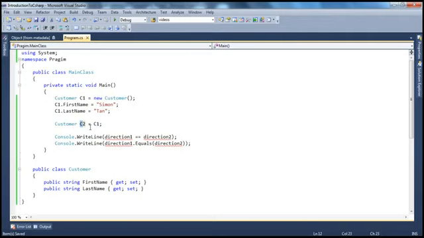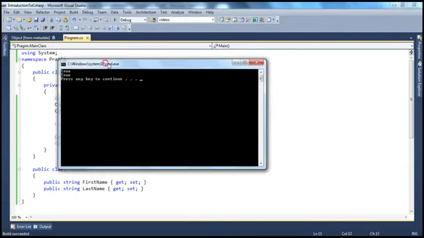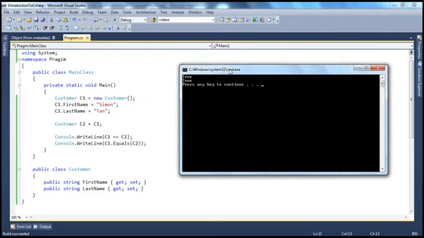Okay, so we have two different object reference variables, but the object itself is one. Now let's see how these are going to work. So when I say C1 is equal to C2, and similarly C1 equals C2. Now if you look at this technically, when we run this, both of them return true, and that makes sense